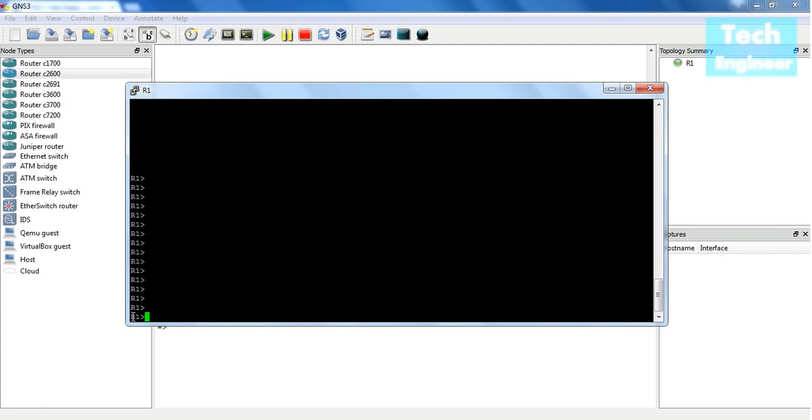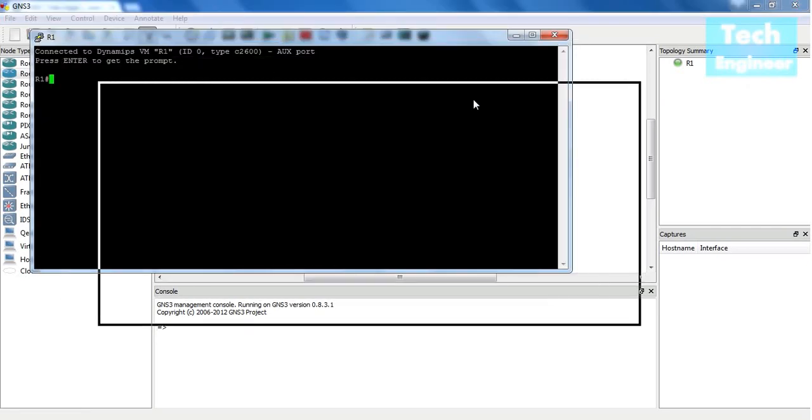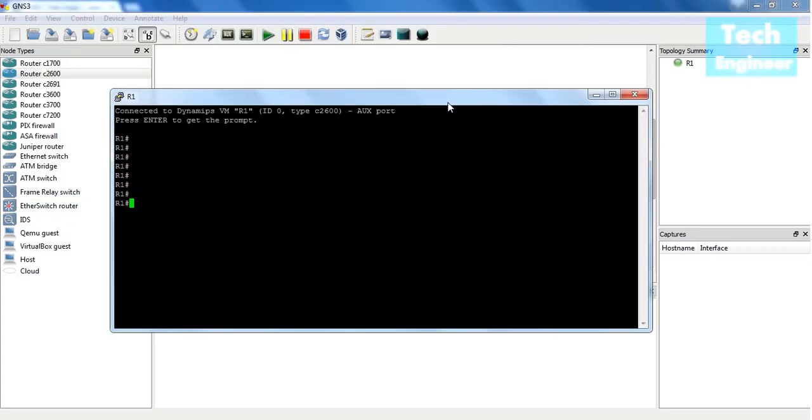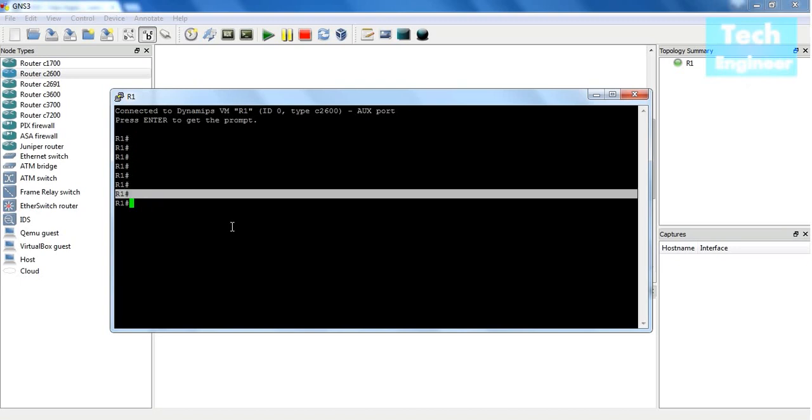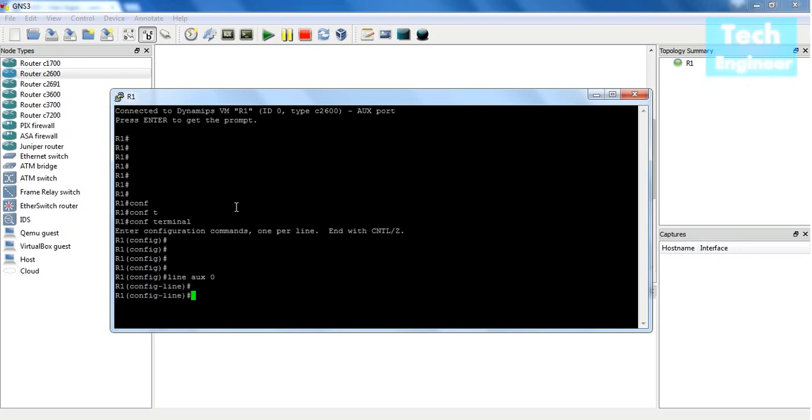So this is basically how we enable our router to open more commands. Before, there were only a few. Even in the auxiliary port, we need to give a couple of commands. Since it starts from privilege mode, we need to give the command configuration terminal. Then in configuration mode we give the command line auxiliary aux 0 for the port,